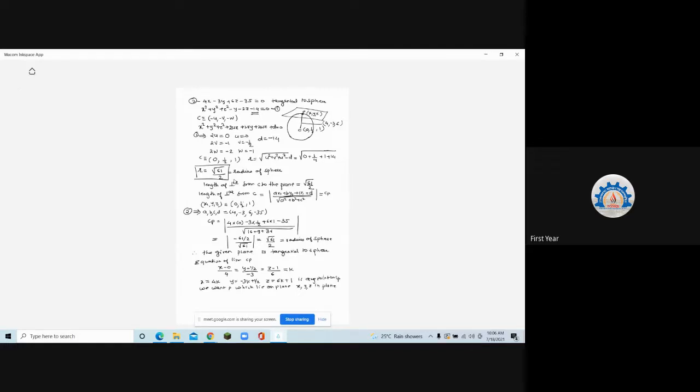So what's your equation of plane? 4 into 4k minus 3 into minus 3k plus half plus 6 into 6k plus 1 and minus 35 is equal to 0. Solve this and tell me what's the value of k. 4k into 4 is 16k plus 9k plus 36k. So it is 61k. And check the constant number, what it turns out to be. 61/2. K turns out to be 61 by 2.